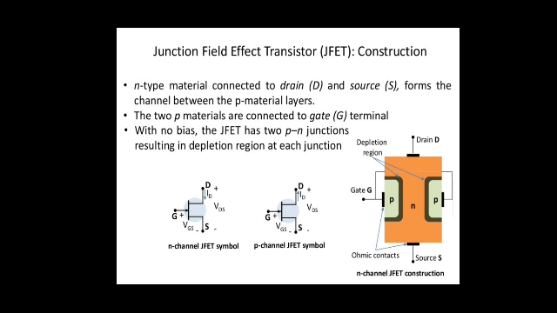So here, as I have said, if you are applying a positive voltage here, if you are trying to forward bias the gate terminal, and I'll explain the working of JFET also, then the positive bias will repel the holes. It will repel the holes, which means the holes will move away.